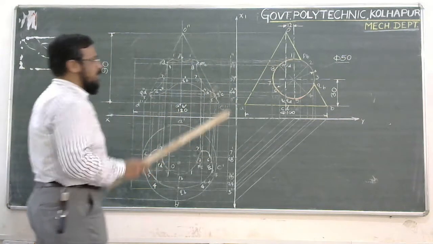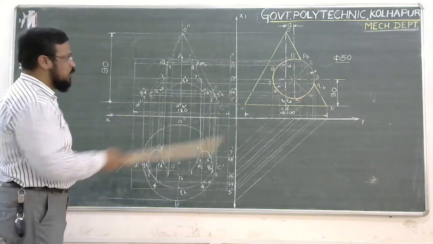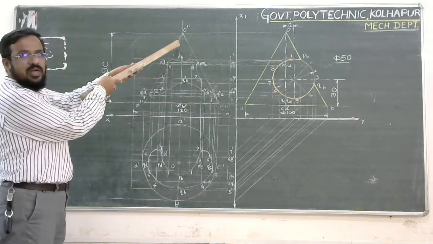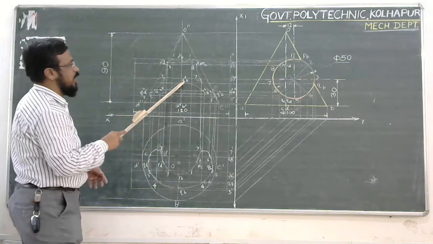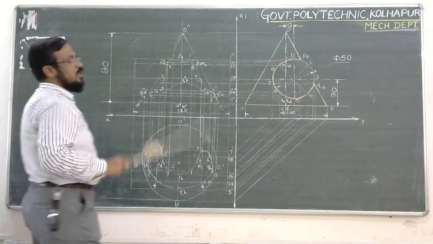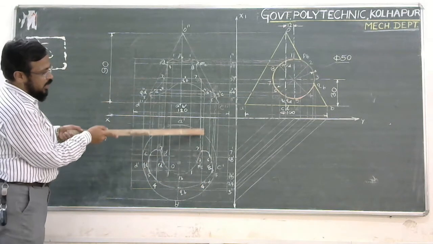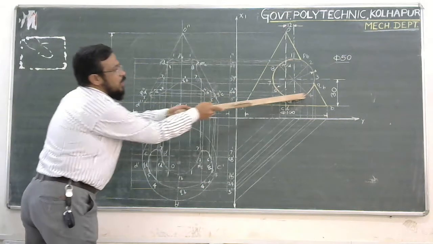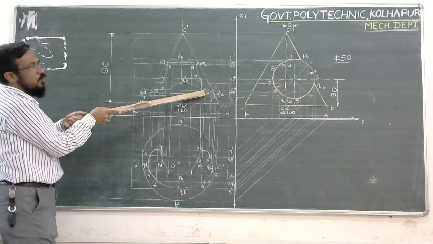Now the next point is QB, because 2 and 3 are out of the figure. So this point is QB. Project it upwards: vertical line from QB, horizontal line from QB. The vertical and horizontal lines will intersect over here. QB's intersecting point you will get over here. The next is point number 4. This is point number 4 in the top view. Project it upwards. This is the projector from point number 4, and the locus from point number 4 in the side view is this. So you will get intersecting point 4 here.